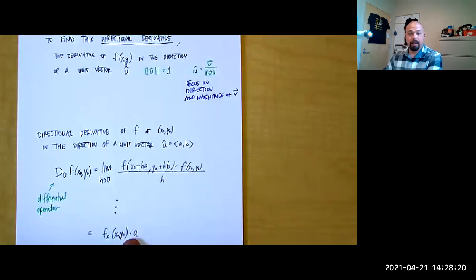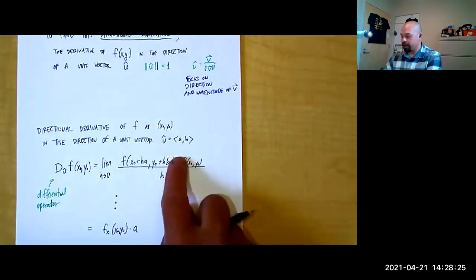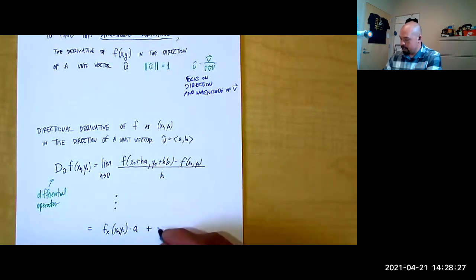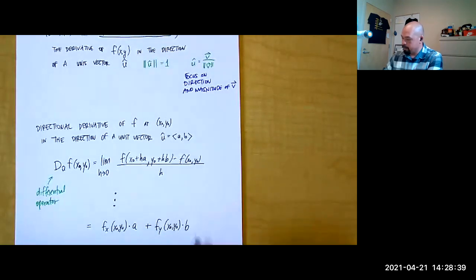That component in the x direction of our unit vector, plus f sub y at x naught, y naught, that partial of that function f with respect to y evaluated at that point, x naught, y naught, times b,